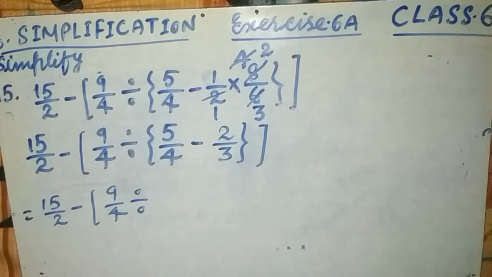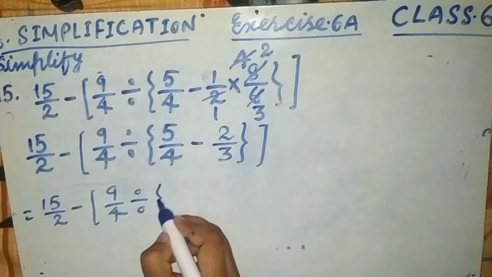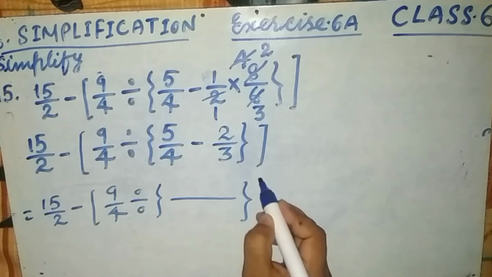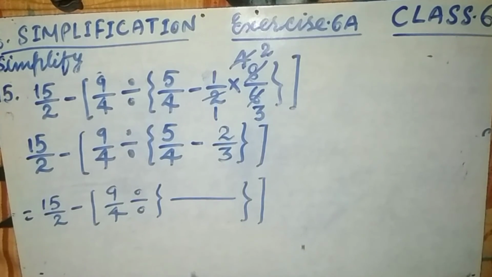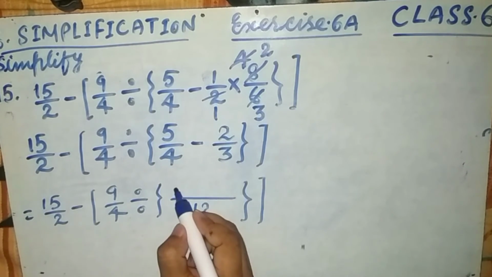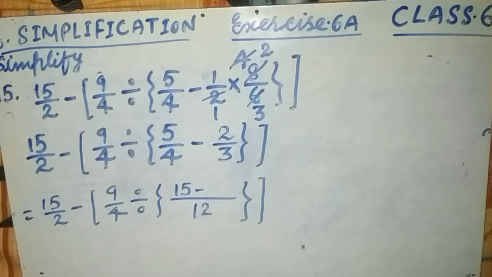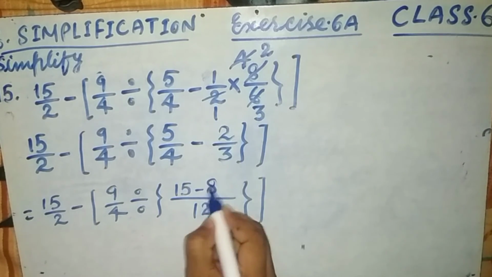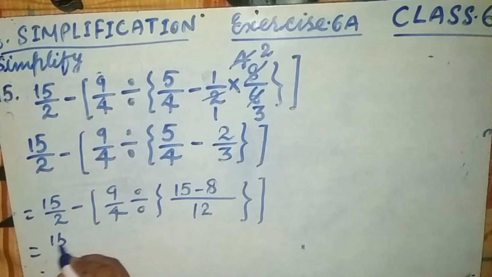This is divide. Now first write the bracket, close with the big bracket. Take the LCM of 4 and 3. 12 is the LCM. Now divide this 12 by 4, 3. 3 multiplied by 5, 5 threes are 15. So here is minus. Then this 12 is divided by 3, 4. 4 multiplied by 2, 8. This is, friends, 15 by 2 as it is.